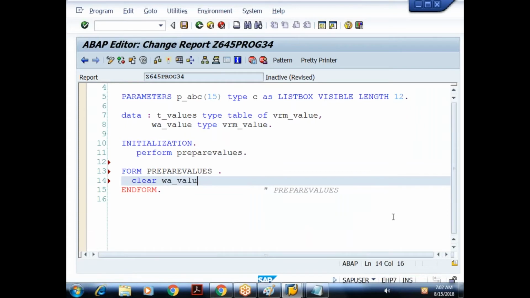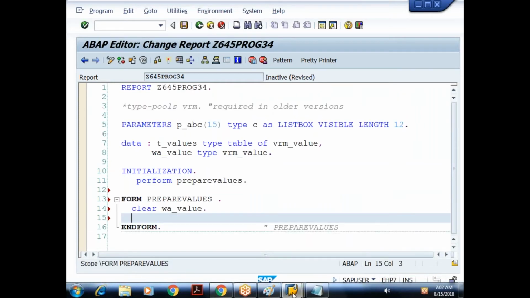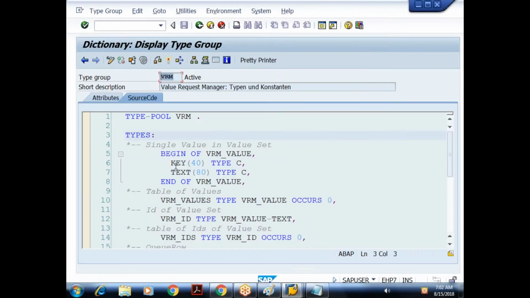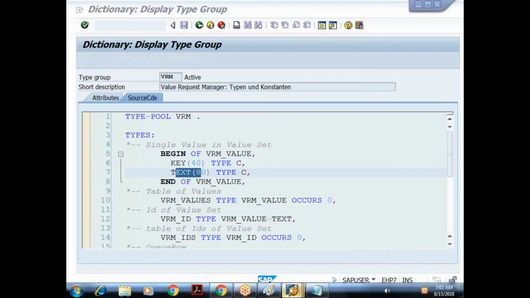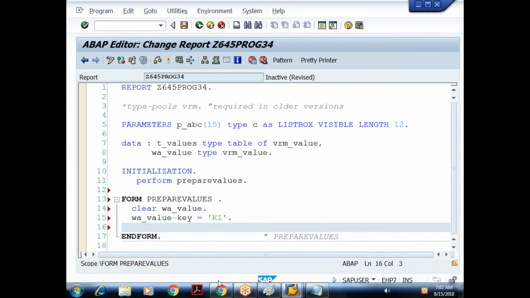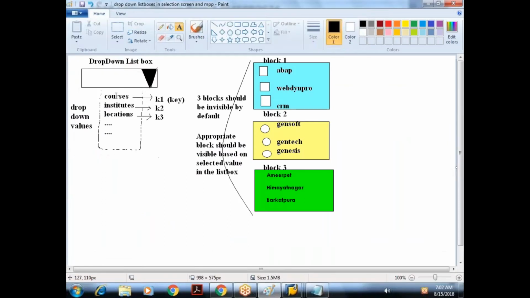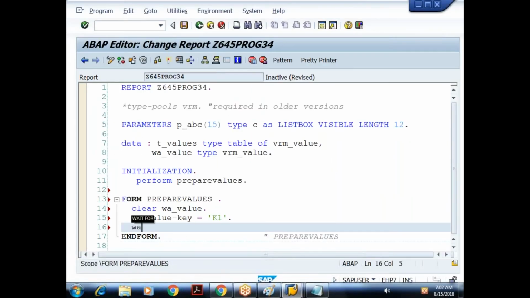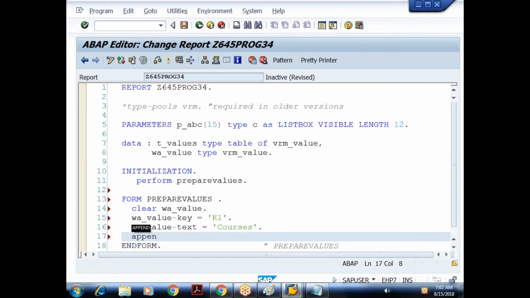So what is the work area declared? W_value. What are the fields in the types declaration? Key and text. So I'll say w_value-key equal to, you can give any keys. I'll give the key as K1. What are the values you want to associate? Courses, institutes, and locations. So I'll say w_value-text is equal to, I'll give courses, then I'll append it.